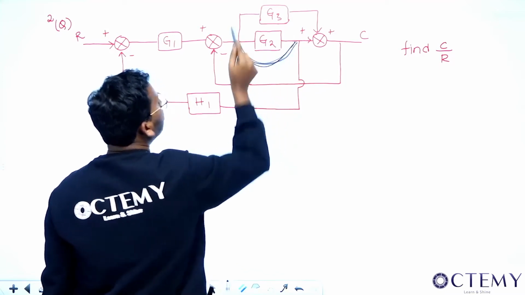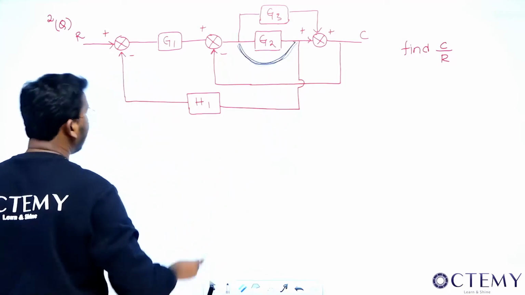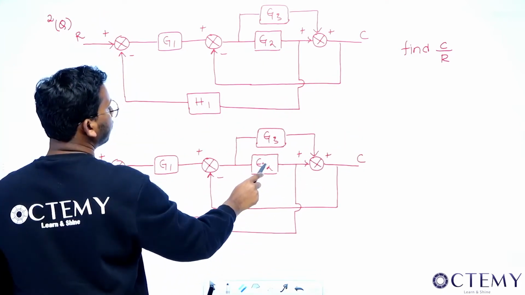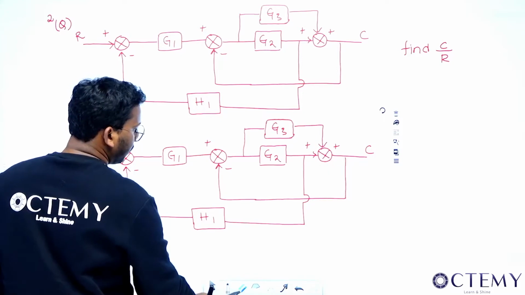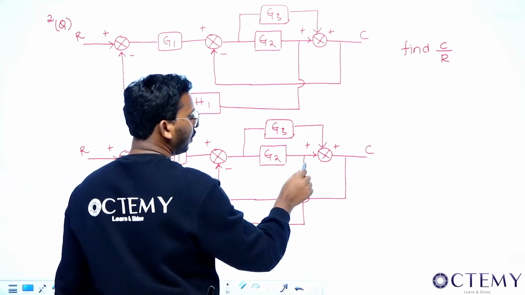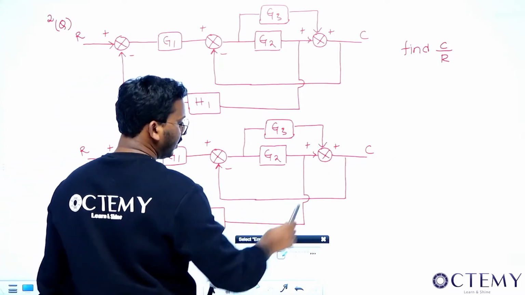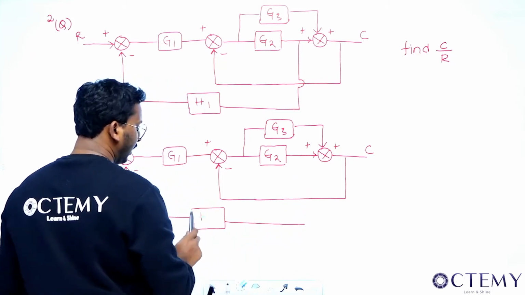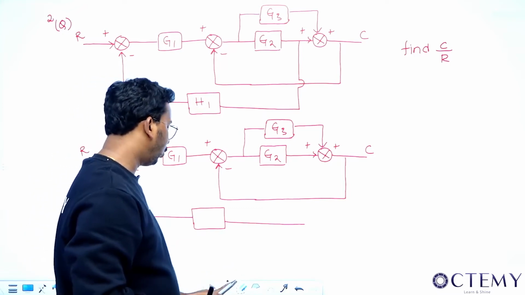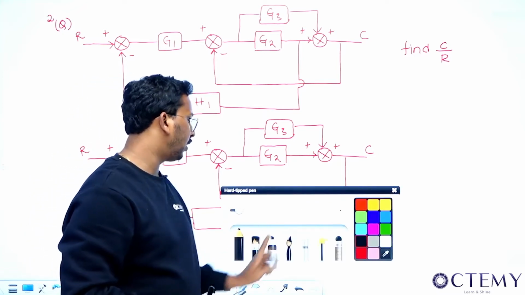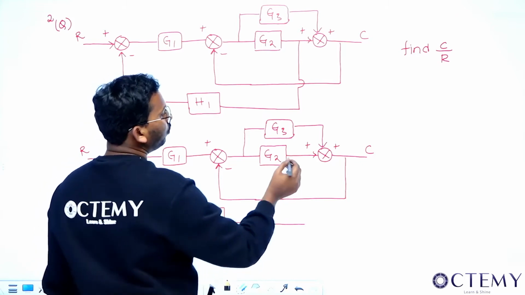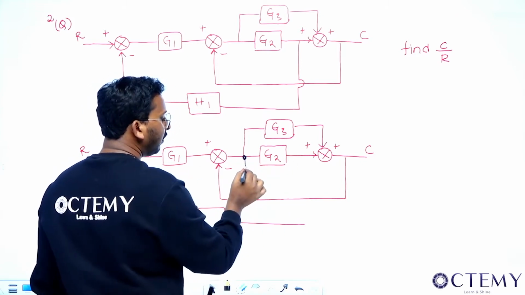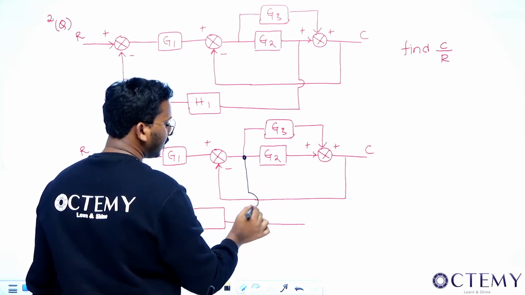So see, sir, if I move this fellow from here to here, what will happen? How will I move this? You have to move this fellow. So let me move this, sir. Just rub this from here and rub this block also, right? See, you will have to remember your rules now. What are the rules? Rule number 5 says that when you move this block from here to here, with respect to which block you are moving? With respect to the G2 block you are moving, sir, right?